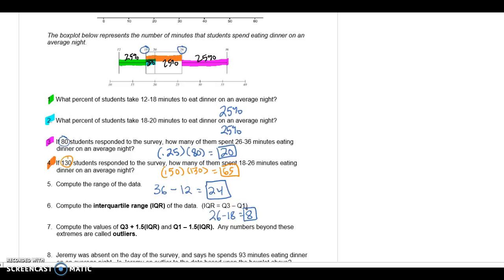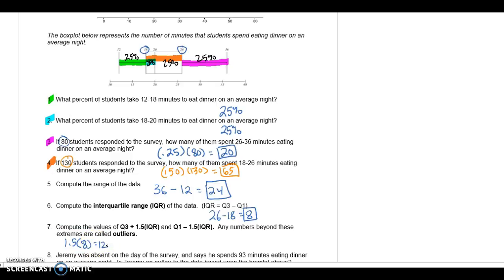We're going to use that number to try and find some outliers, some numbers that don't fit, or shouldn't fit anyway. So what we're going to do next, if you notice these two formulas that we have down here are all kind of basically the same kind of thing. They both have a 1.5 IQR, so we're going to take our interquartile range, multiply it by 1.5, and then we add it to Q3 to find an upper outlier, and we subtract it from Q1 to find any lower outliers. So let me multiply 1.5 times IQR first, which we said was 8,